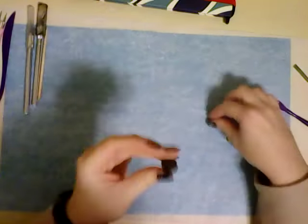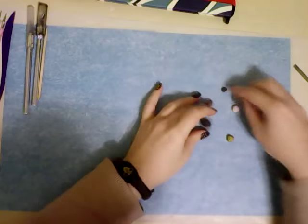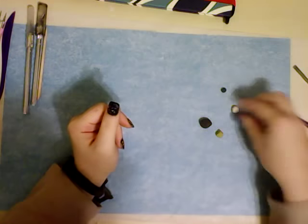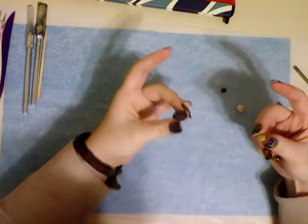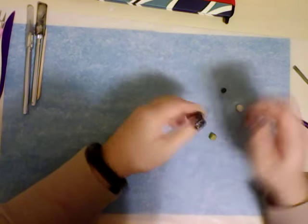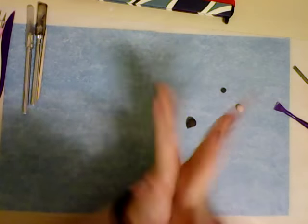I've got a light brown clay. I don't know if you can see the comparison between the brown and the black. Then I have got some mustard yellow clay, and I have got some translucent clay for the wings. I think the first thing I'm going to do is separate out the brown so that I have a portion that is the same size as the mustard yellow clay. Let's see if I can get something reasonably of the same. Aha, perfect. Okay, and then I'm going to roll it into a ball